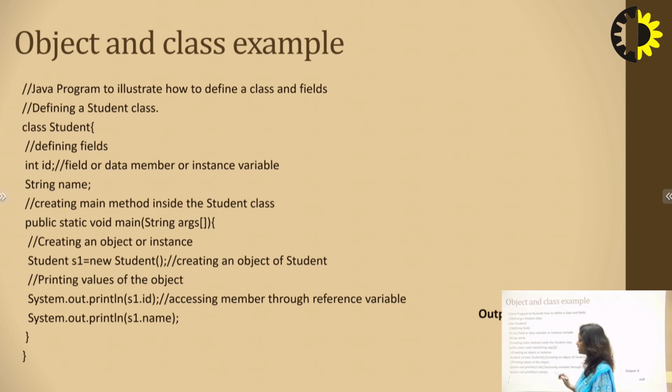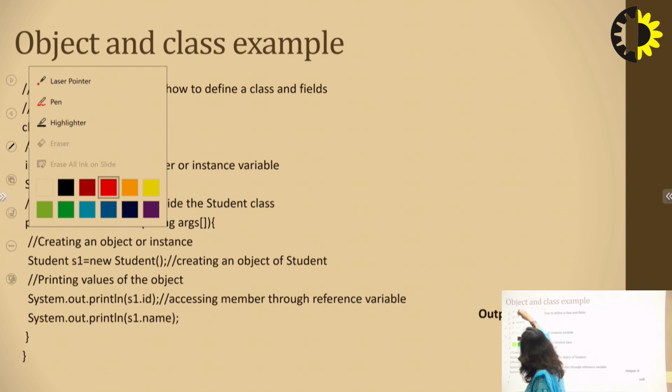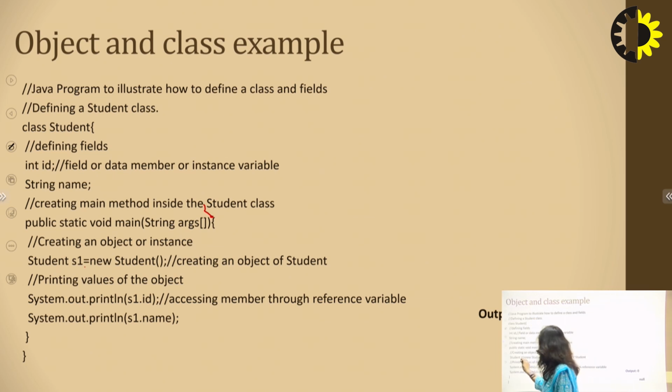How can we create an object? First of all, we will write the name of the class for which we have to create an object. Suppose we have to create this for the student class in this particular case. So we are writing student, and then the name of the object is S1. Class name, object name equals to new, and then again the class name. Here we are creating an object named S1.